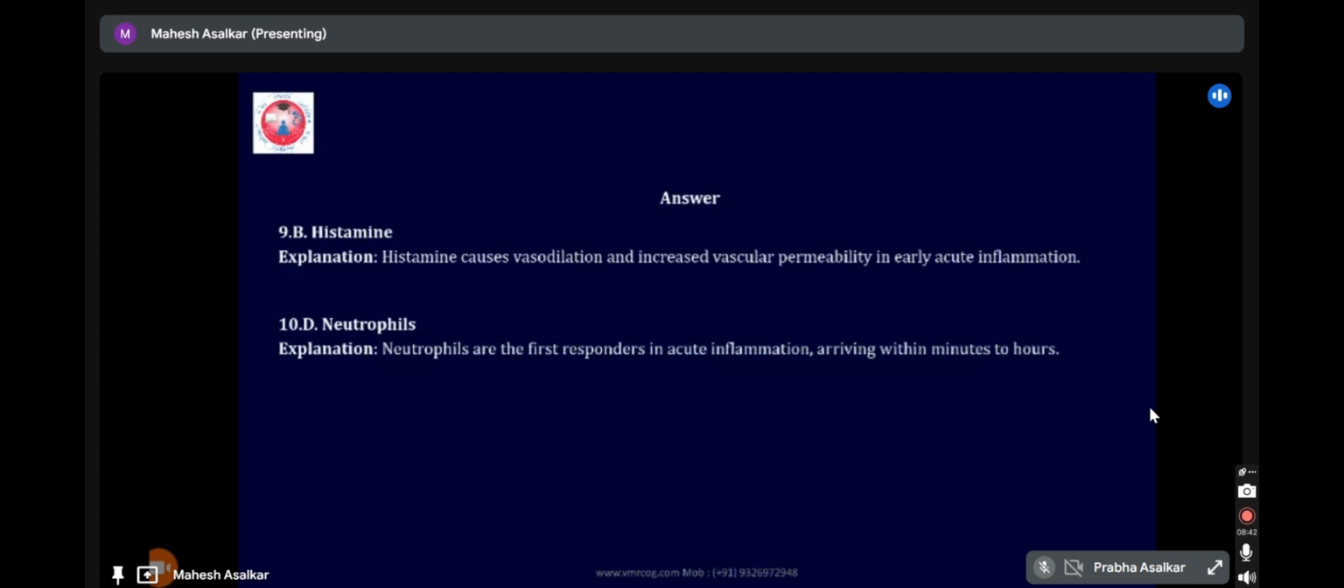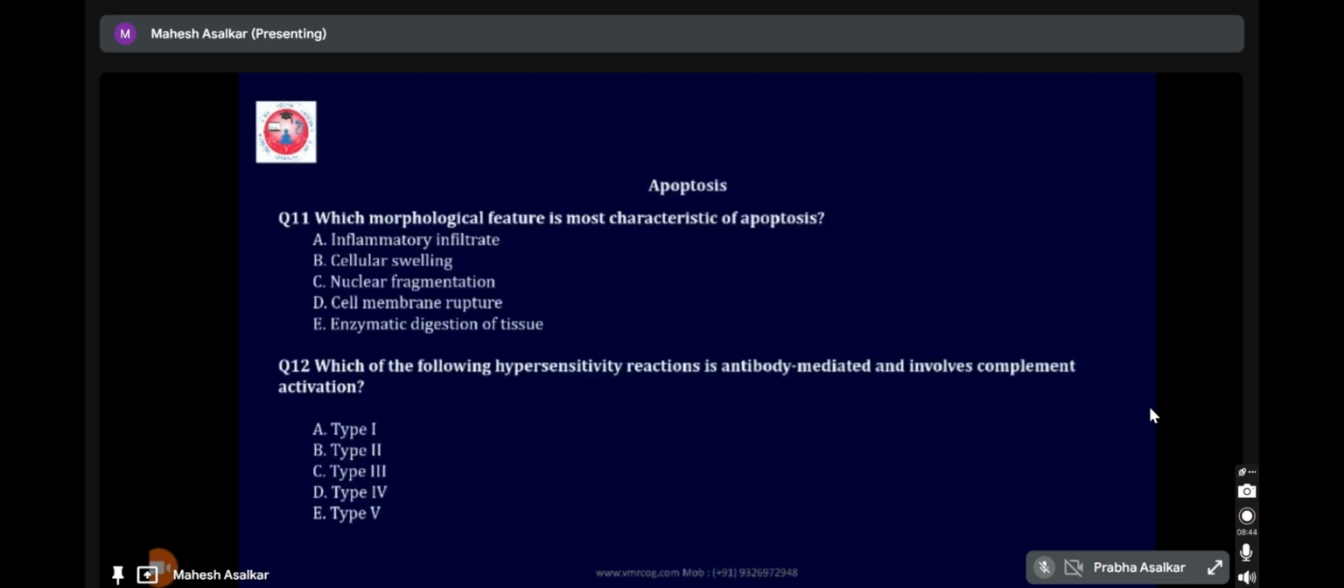Next, Dr. Amrita, question 11 and 12. Yes, sir. Question 11, which morphological feature is most characteristic of apoptosis? Option A, inflammatory infiltrate. Option B, cellular swelling. Option C, nuclear fragmentation. Option D, cell membrane rupture. Option E, enzymatic digestion of tissue. Sir, option E, enzymatic digestion of tissue. No, apoptosis, sir, it is when cellular swelling